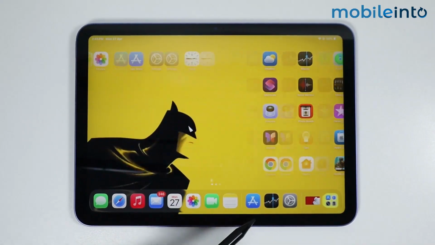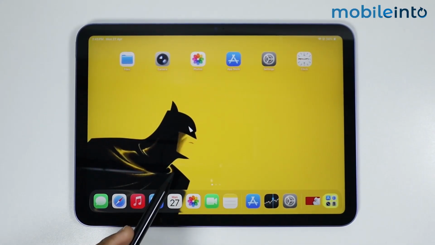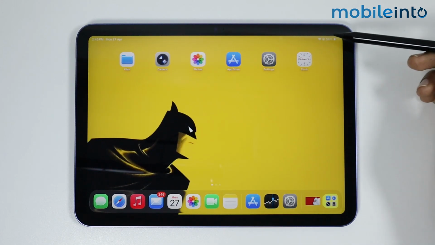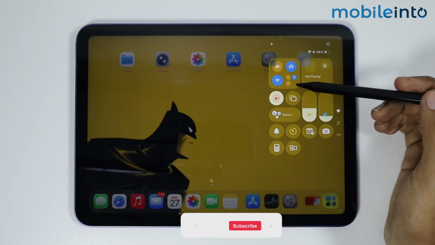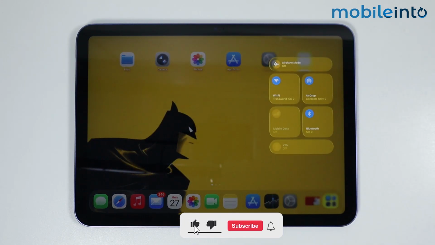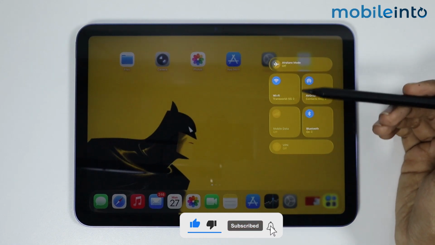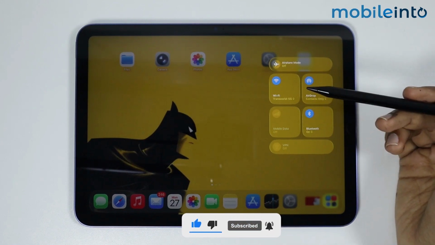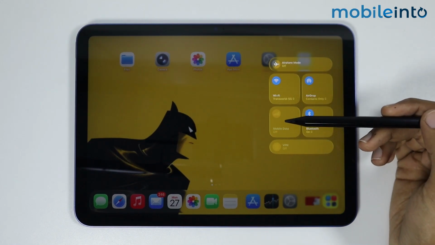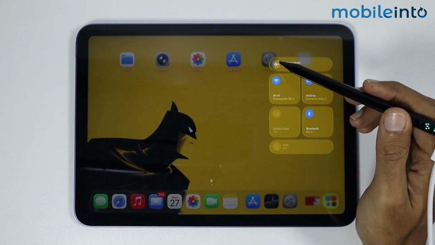In this video, I will show you how you can fix if Siri is not working on your iPad. Now to fix this issue, first of all, just open the control center, then go to the connection section. And from here, just make sure that your iPad is connected to the internet. After you connect your iPad either to the Wi-Fi network or to the cellular data, then just tap on the